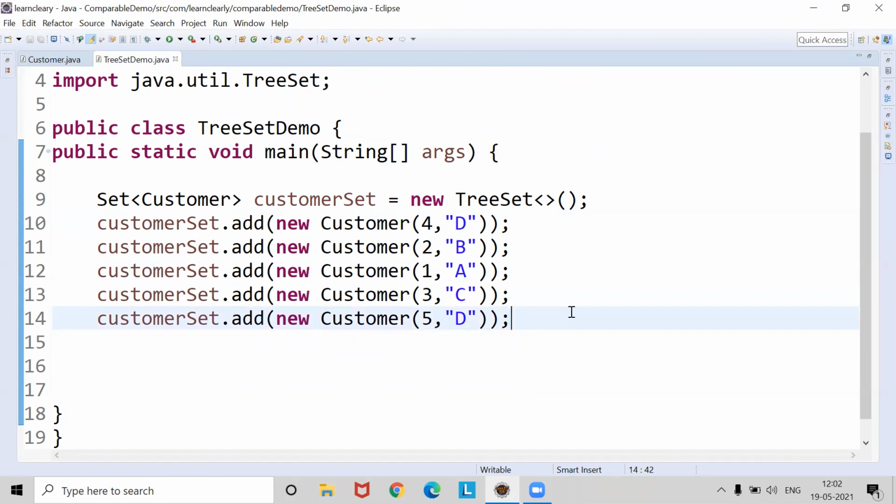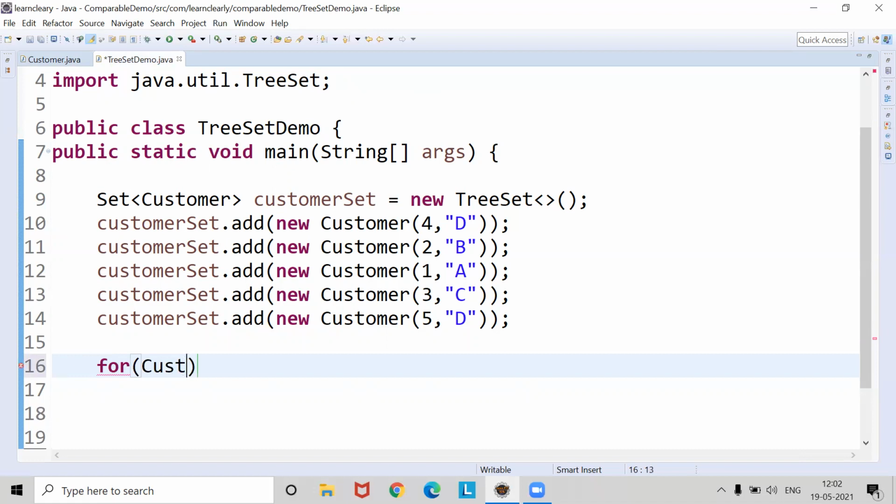If I try to print the items of this collection using a for loop, let's say for Customer c colon